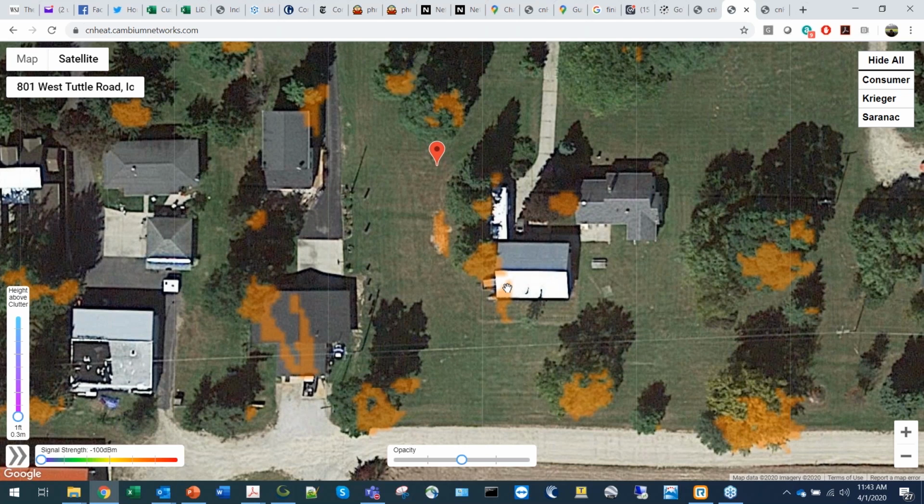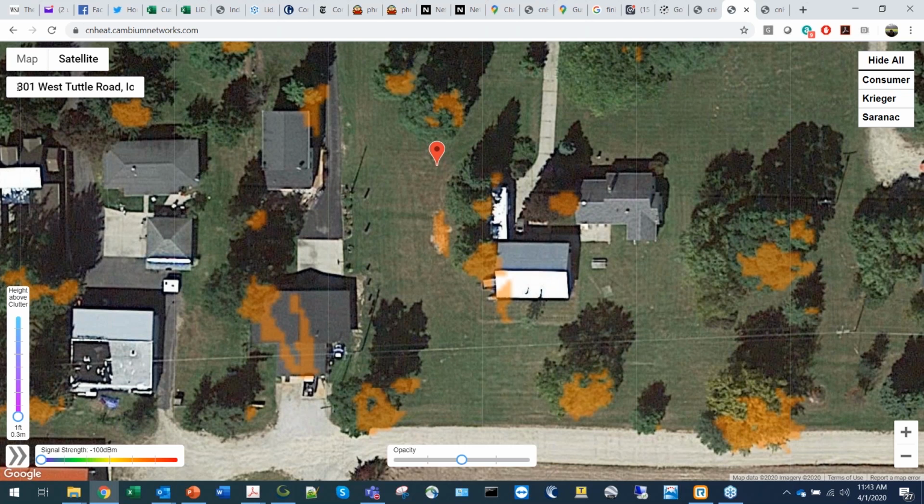Like if you sent your installer there without the knowledge of cnHeat, you might try all these different homes, the regular home first. With cnHeat, I would go right to this back left corner of this home and I can install. And if it was this neighboring home, same thing, you could go to these 2 locations for installation, but if you went anywhere else, it wouldn't work. So that's example number 1.